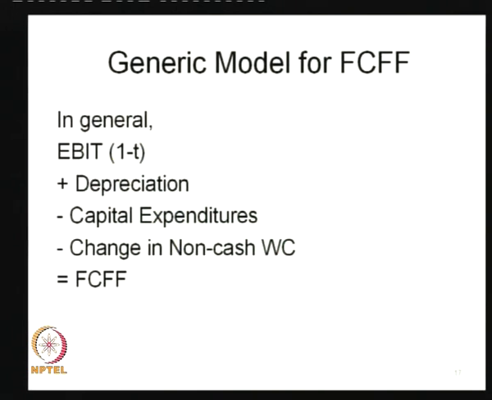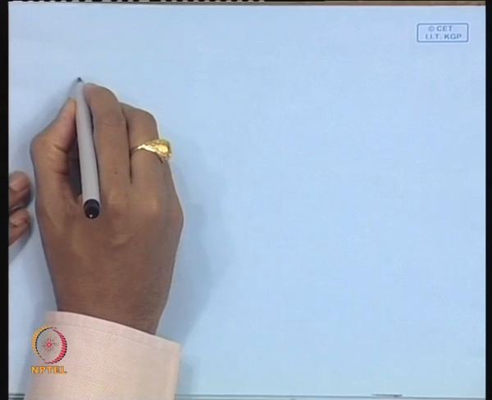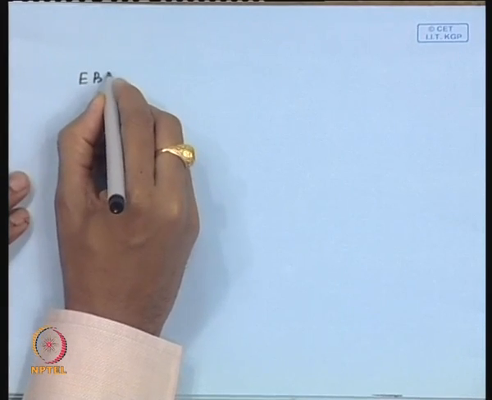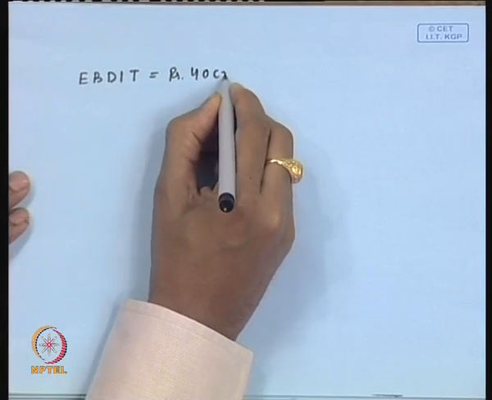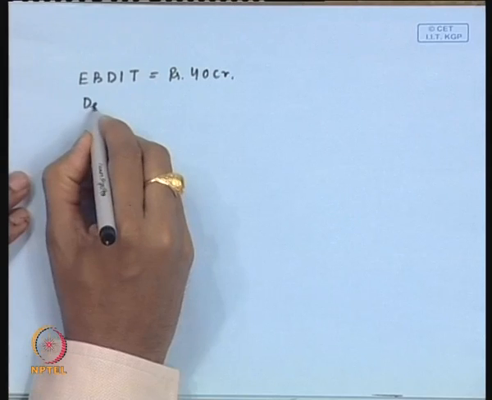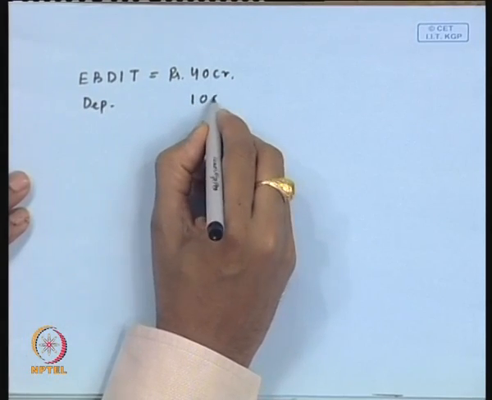Then, in general, the generic model for free cash flow to the firm is operating profit, that is earnings before interest and tax, into 1 minus T, plus depreciation. Why is depreciation added? Because depreciation has been deducted to find the earnings before interest and tax, and depreciation has a certain tax advantage. So, if the company has earnings before depreciation, interest and tax of rupees 40 crore, and depreciation of let us say 10 crore,